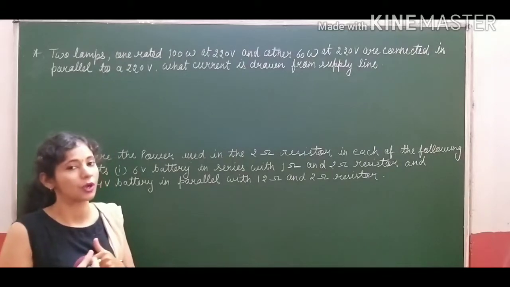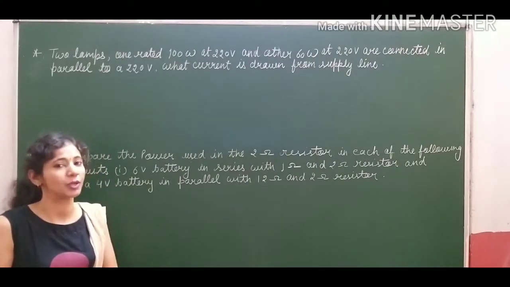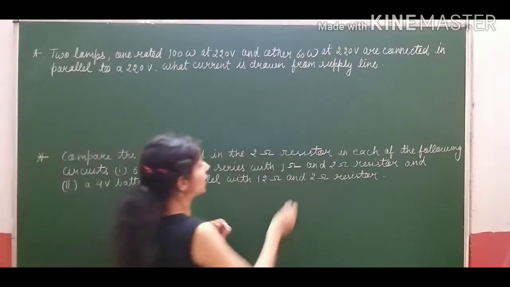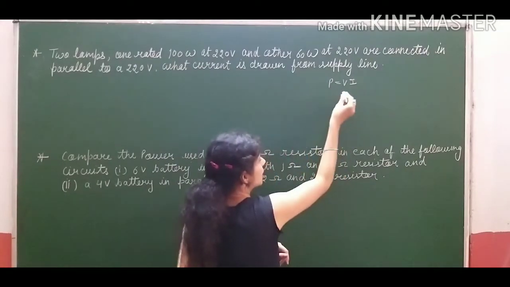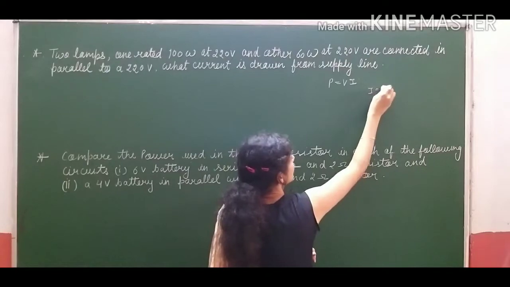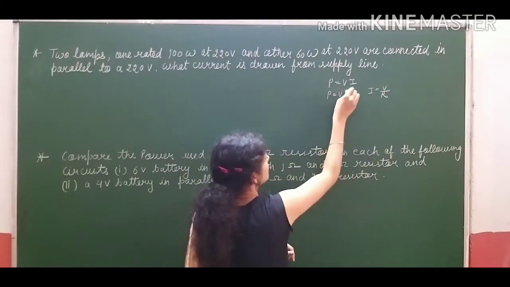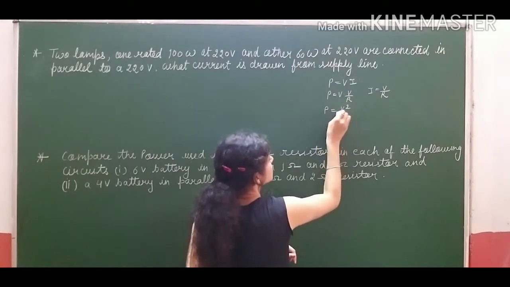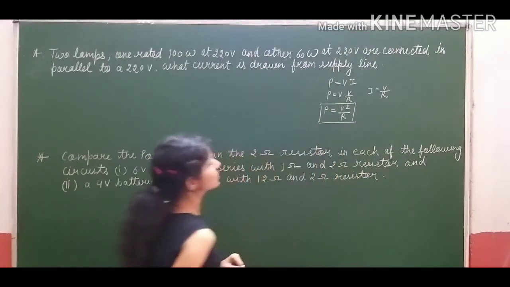So for this what you have to do? You will have to find out the resistance, and the resistance is to be calculated by using the formula of power. First of all I am writing here the formula I have taught: P is equal to V into I. In place of I, if we put V over R, we get V into V over R, so that it becomes P is equal to V square over R. So here we can use this relation to solve this numerical.